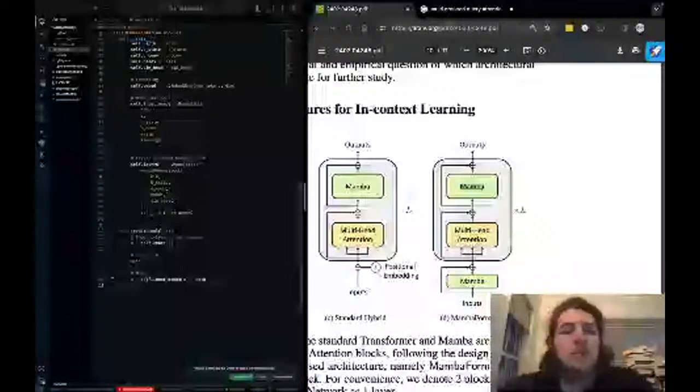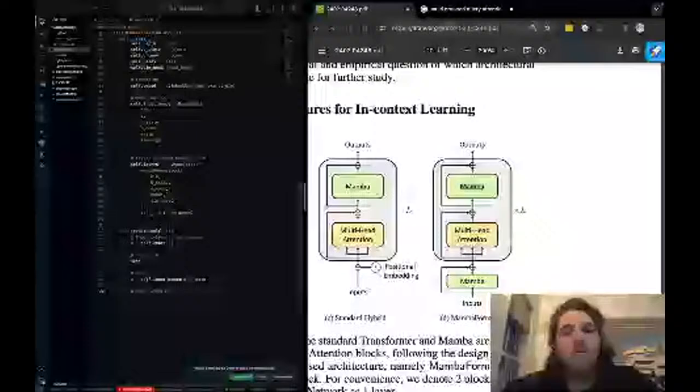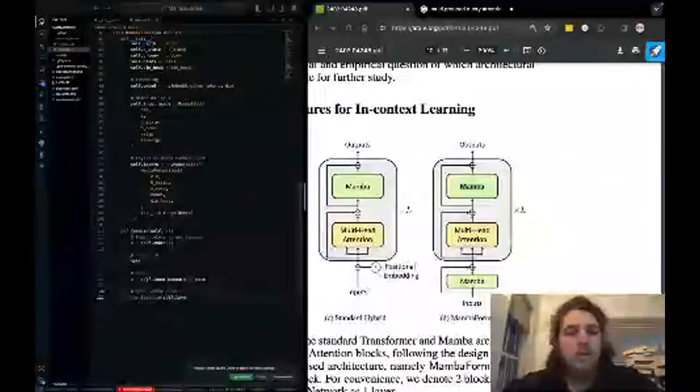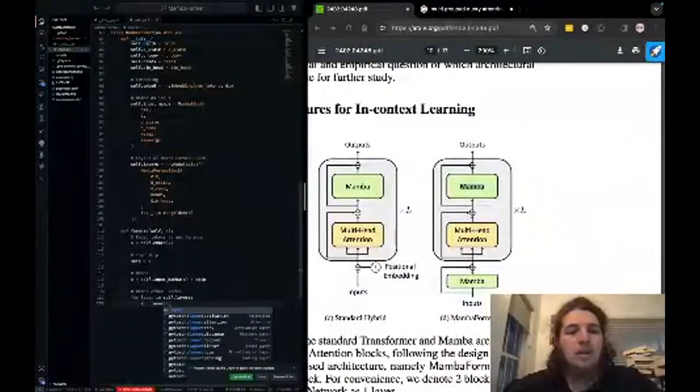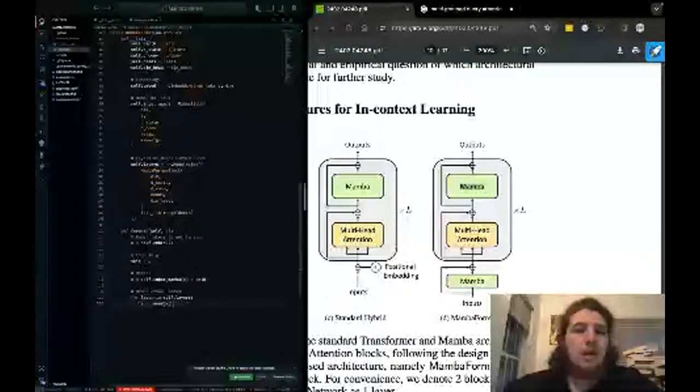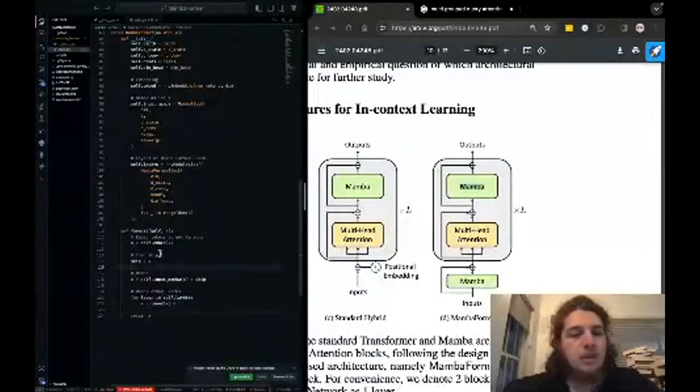And then this will be sent as an input into the Mamba former blocks. So for every layer in self layers, we're going to apply the layer, and we're also going to add a residual, and then we're just going to return that.